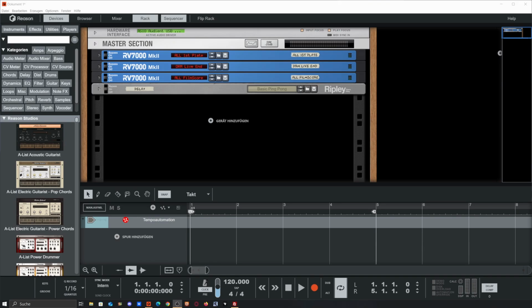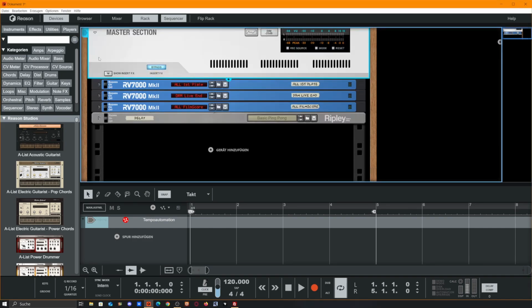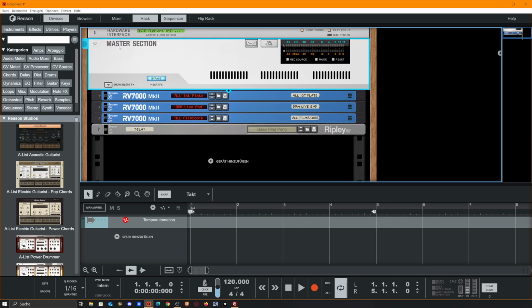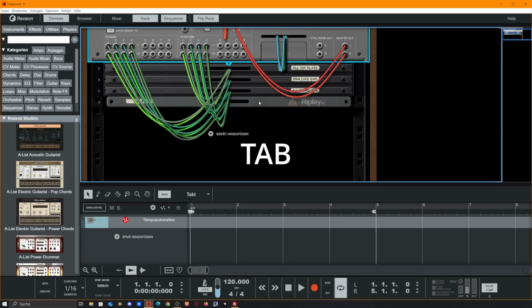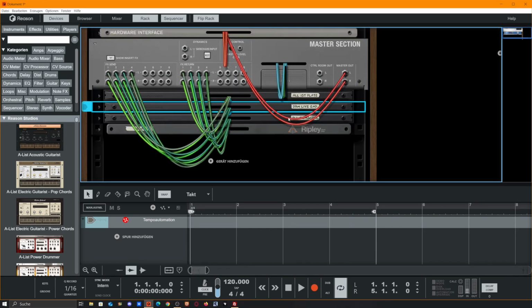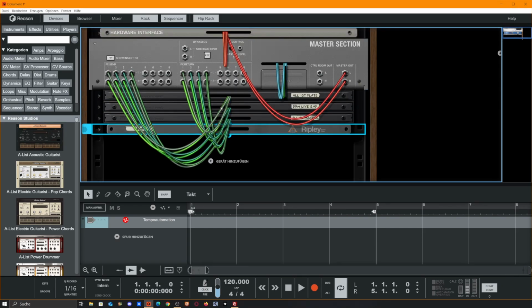Okay, folks, today's topic is going to be mixing related. So if you're here for sound design, not today. Today we're going to focus on the backside of the master section. If we flip the rack, you see I've already preloaded four effects here. If you don't know what's happening in here,